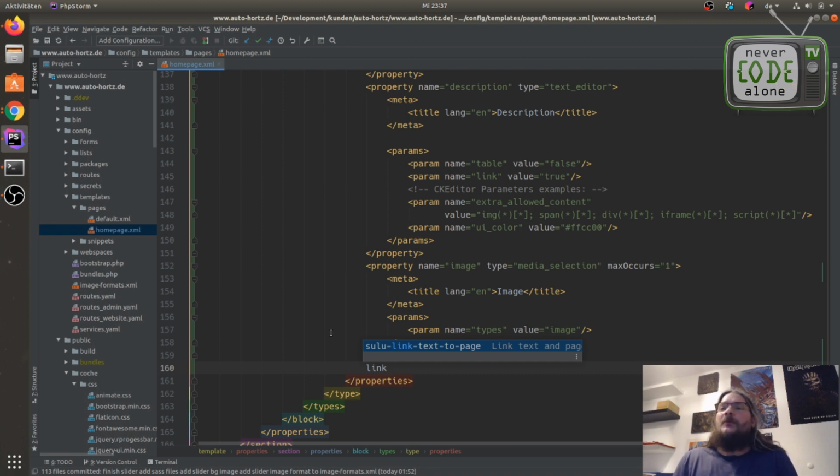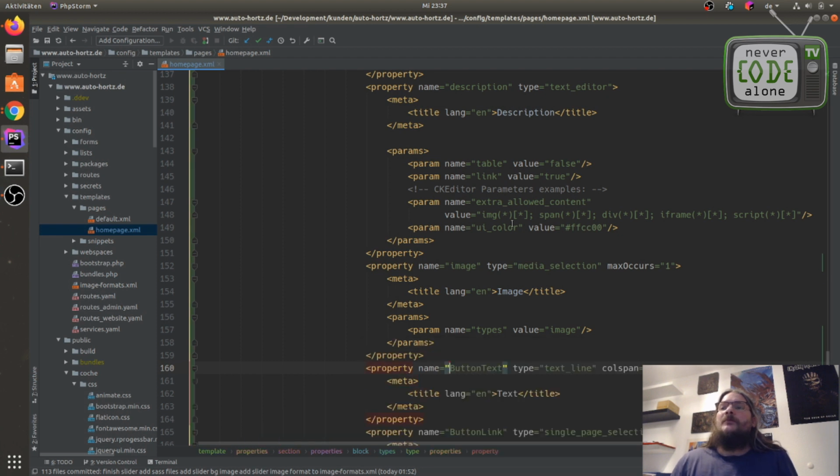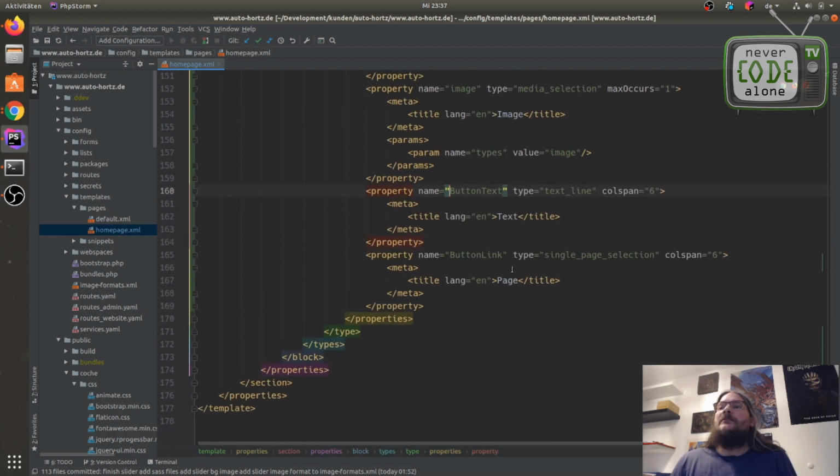So if I enter now, I have a really complex thing, because now I have two properties. The first property is a button text, and the second property is a button link. It has a col span 6 to be in one line.